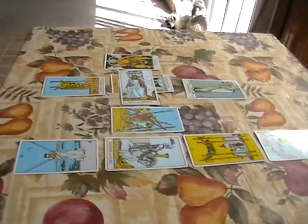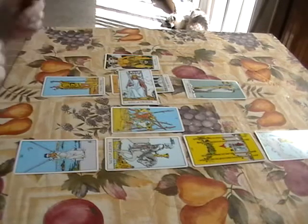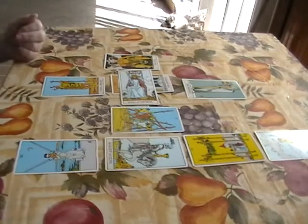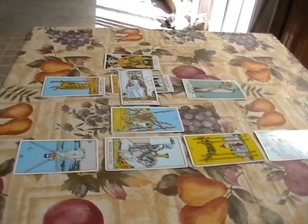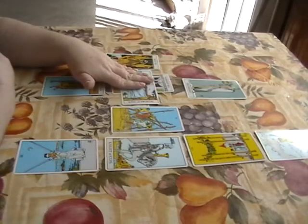also reversed. Now in this reading there are a lot of reversed cards, and the way that I see that is, I don't see reversed cards so much as opposite, but more or less a weakened effect or an energy that's not fully developed yet. It could also be a block, okay? And I would start with reading the center,